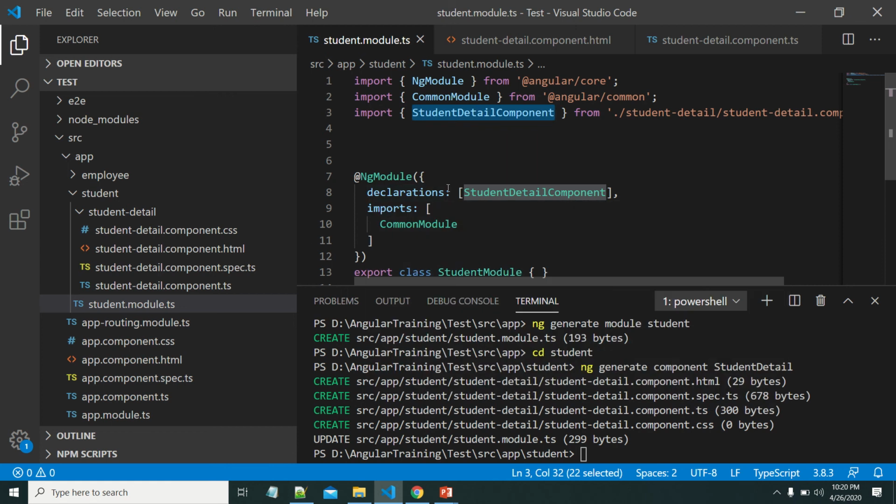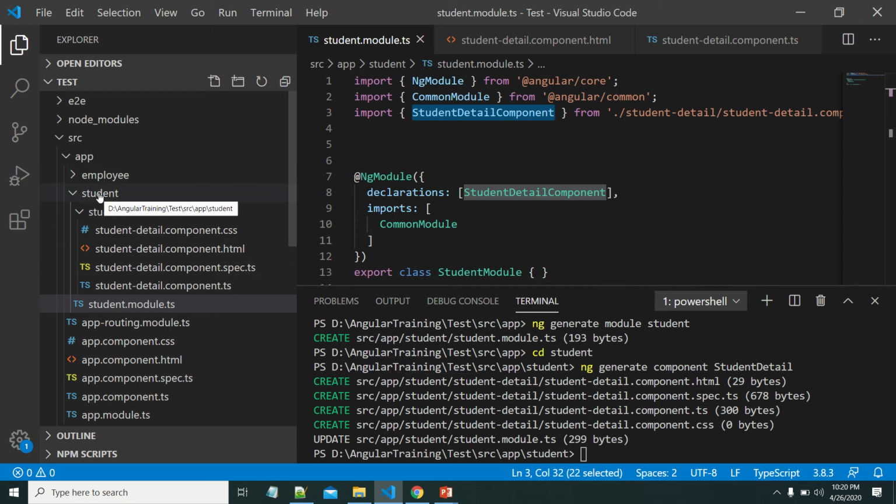It got added into the declarations array. Suppose this component is created outside of the student folder, then it identifies app module as the nearest module, and that component will automatically be added to this app module.